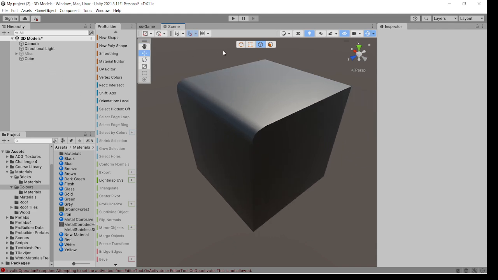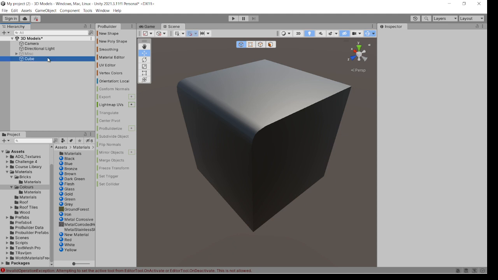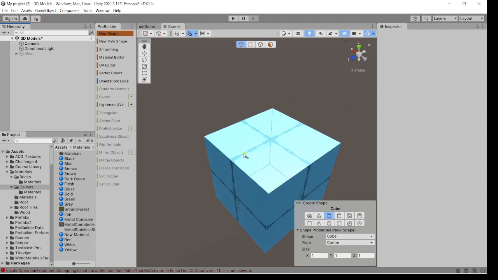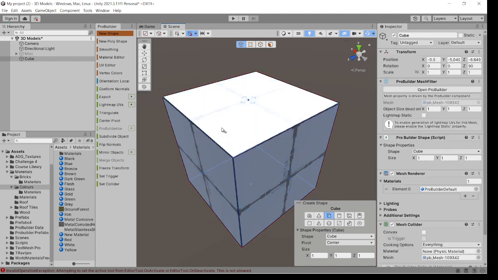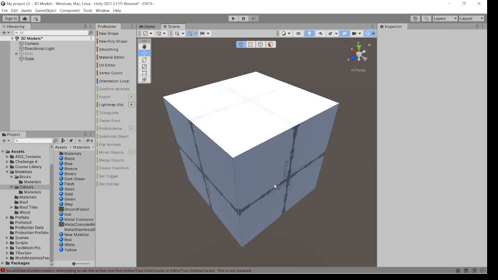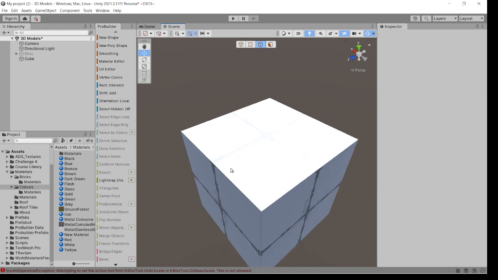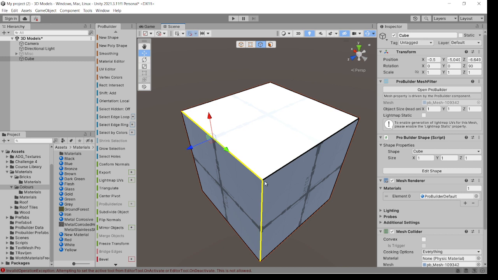I'm just going to delete this object and we'll create a new cube like so. And what we'll do, we'll go on to edge selection. You can see there's a sharp edge here for this particular edge, so if you want to try and smooth this off, we can keep a Shift or Control key down whilst left clicking on the keyboard,